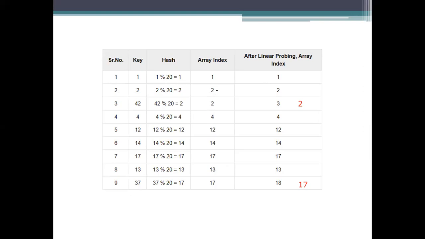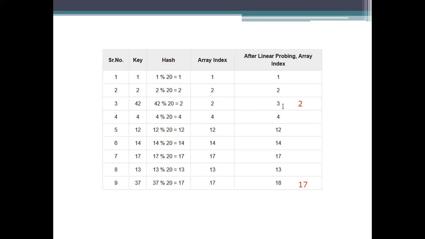If there is, add this value to its next cell. If the next cell is also full, you need to go for the next cell. Okay, 2, there is no value at 3, so allow the value to be stored there.